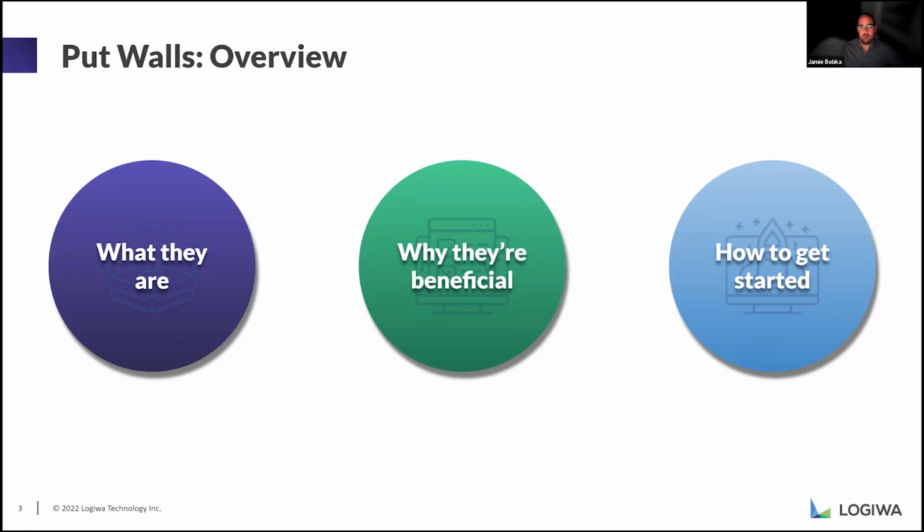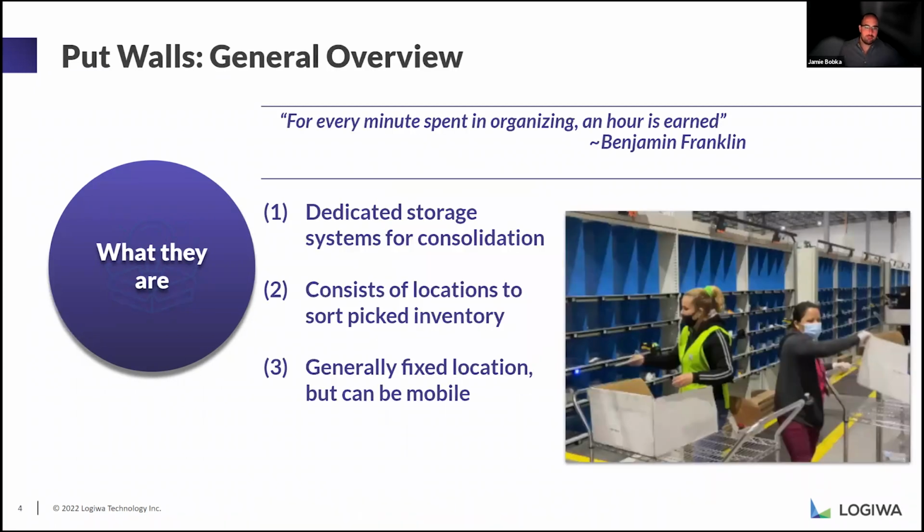So now let's jump over to an overview of what put walls are. In short, put walls are dedicated storage systems aimed to support order consolidation and sorting processes after a batch picking run. These put wall systems come in varying styles and degrees of complexity, but they all serve a similar purpose. They provide a location for pickers to unload unsorted inventory, which allows for a follow-up sorting process to consolidate those orders more efficiently. Now, this model eliminates the need to sort during the picking run, which drastically reduces picking task